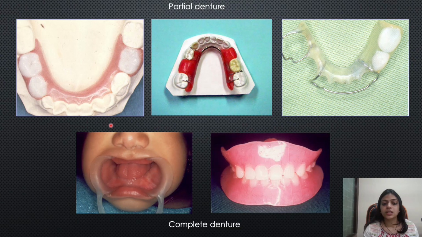So these are some pictures which are showing here. You can see these molars are missing and this molar is missing over here. So a removable partial denture like space maintainer has been given here also. And this is a complete denture which has been given, and it is indicated in patients who do not have any of the primary teeth, like in cases of ectodermal dysplasia. Okay, but